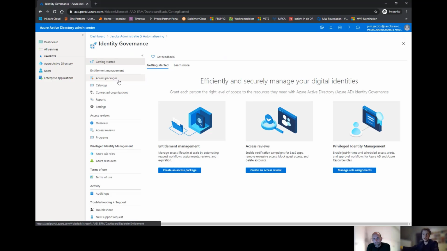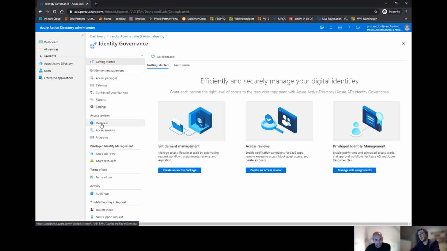It's currently, as of today, an Azure AD Premium P2 feature. And yeah, entitlement management, mainly focused on access packages, and access reviews. Access reviews, not something we talked about much just now, are more focused on access that is already applied.